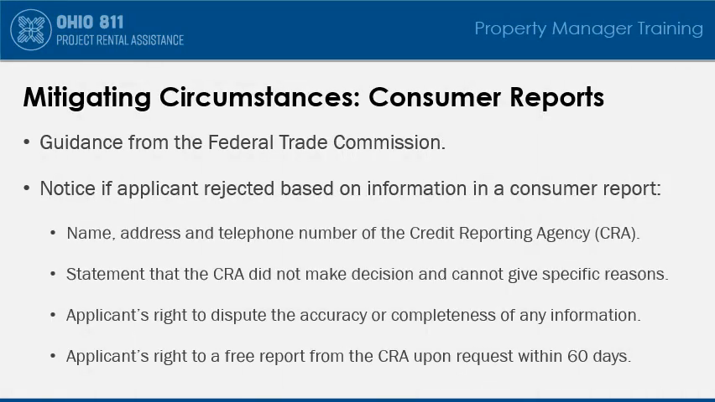Many housing providers use consumer reports, such as tenant background or credit reports, as part of the application process. The Federal Trade Commission provides guidance for housing providers who use such reports, and notes that if an applicant is rejected based on information in a consumer report, a notice must be provided that includes the name, address, and telephone number of the credit reporting agency that supplied the report, a statement that the CRA did not make the decision